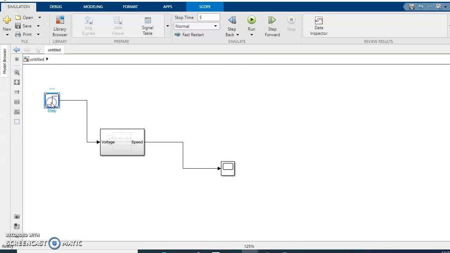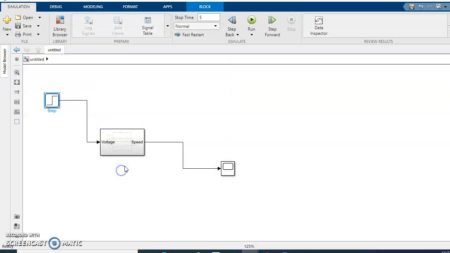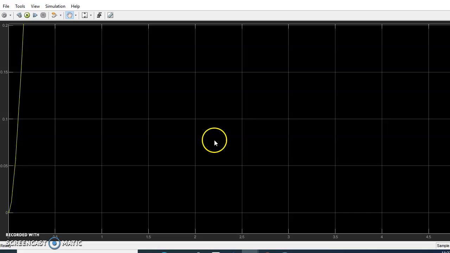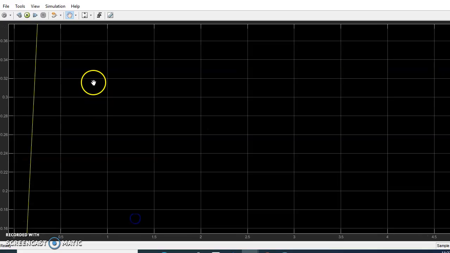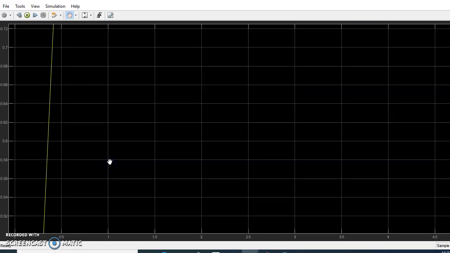Okay, next the last final value is 50. Okay, and we will run the simulation. Okay, we will check the scope for the output graph. It will be, for the peak is